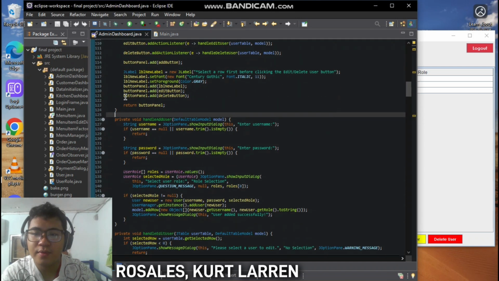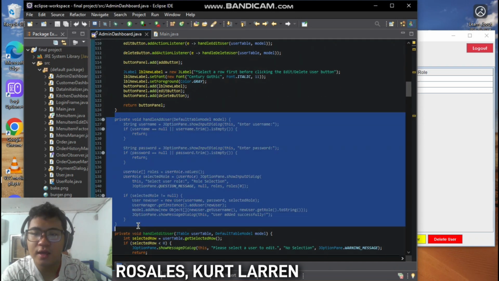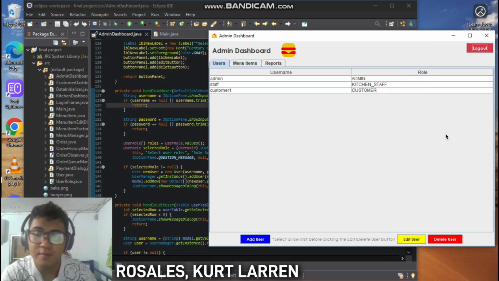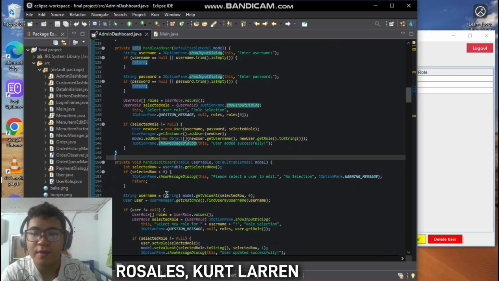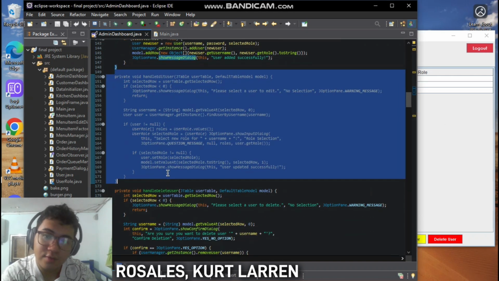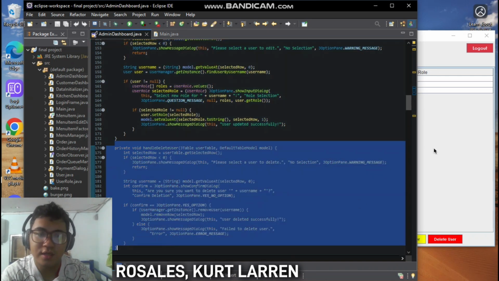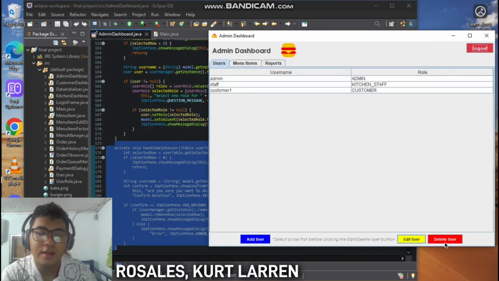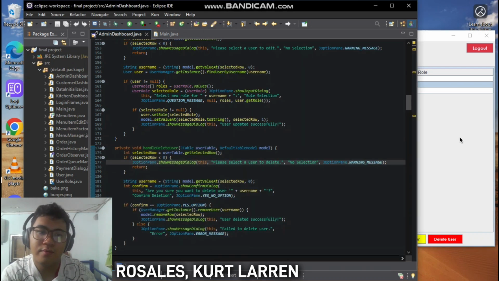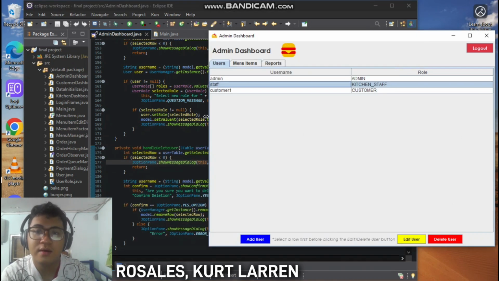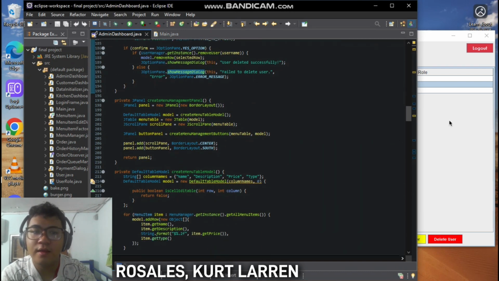So kay add user, ang magiging function niyan ay itong handle add user method which is basically, by the name suggests, nag-add ng user. Similar with the handle edit user, nag-edit ng user, and of course handle delete user which deletes a user. So itong edit and delete user will only be possible pag nag-click ka muna ng row. And basically, hindi ito possible pag walang rows or walang records na naka-input dito. Then punta tayo sa